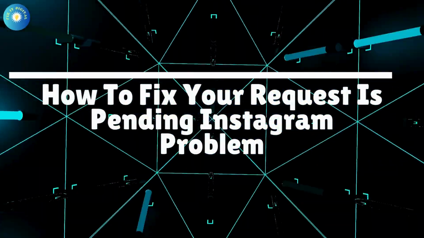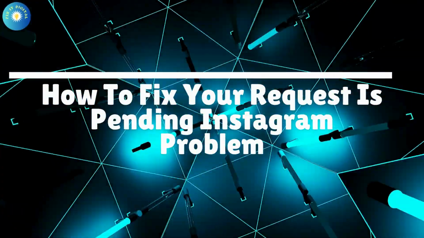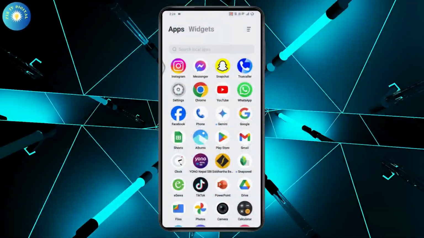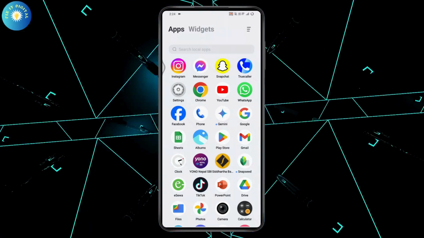How to fix your request is pending Instagram problem. So if you want to fix your request is pending on Instagram problem, then first what you need to do